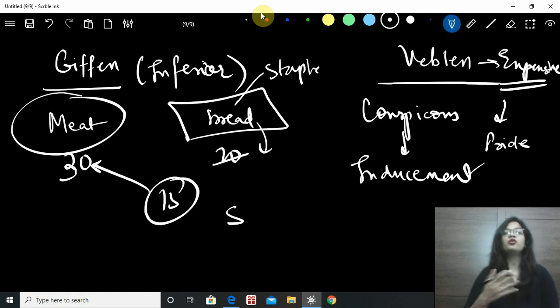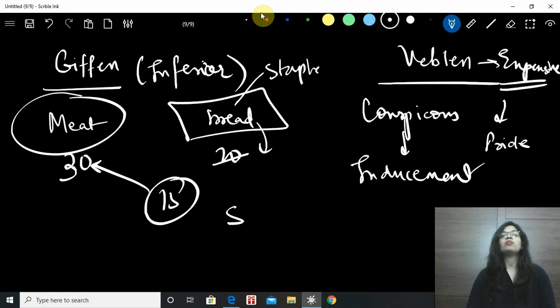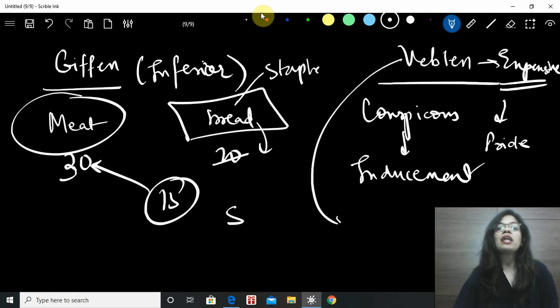For example, if there are two people, one of them has a BMW and the other one drives a Hyundai, so he will definitely want to buy a BMW just to compare himself with his peer, because it won't match up in the social strata where they are working or where they are residing together, right? So this is purely to match their status.